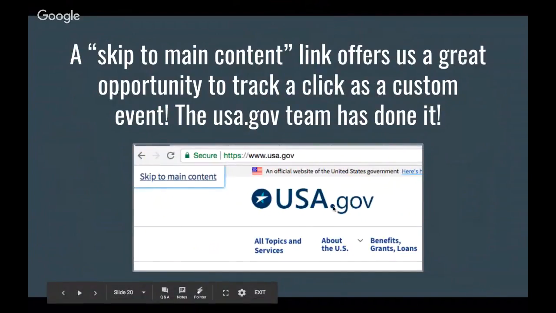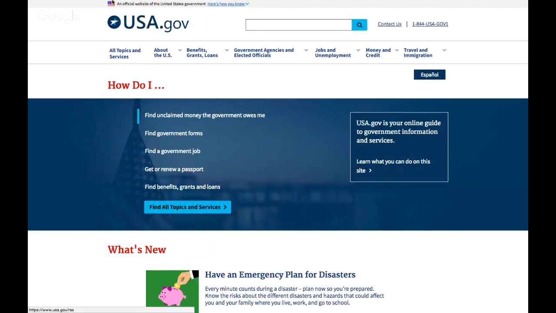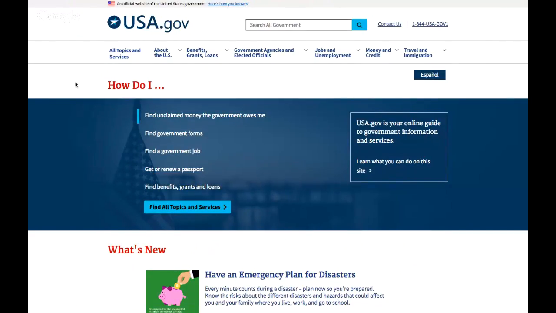I, not being a person that works frequently in the accessibility community, was unaware of this really cool feature where you have a modal that shows the skip to main content button, or link, I should say. So let me demonstrate that here. If I reload USA.gov, so if I'm a keyboard user,